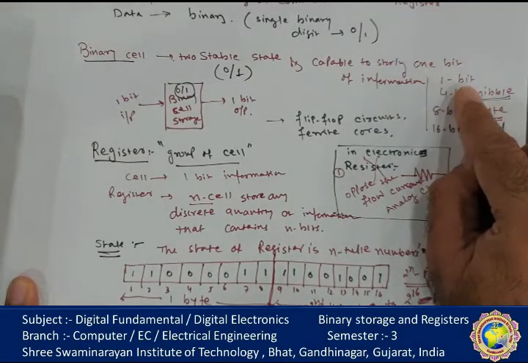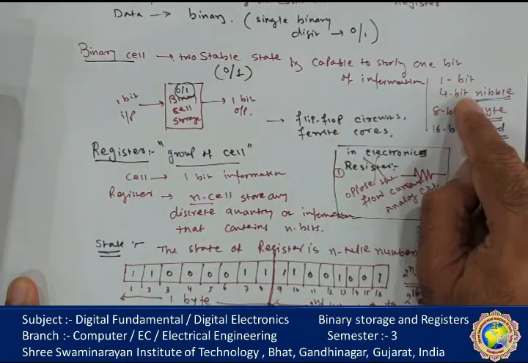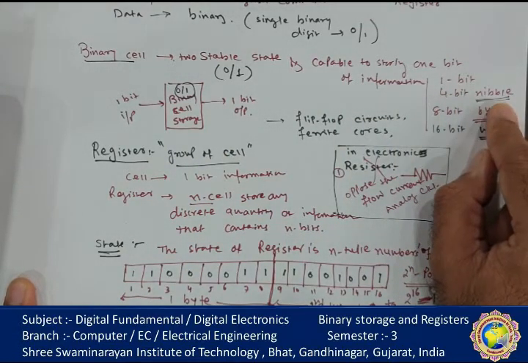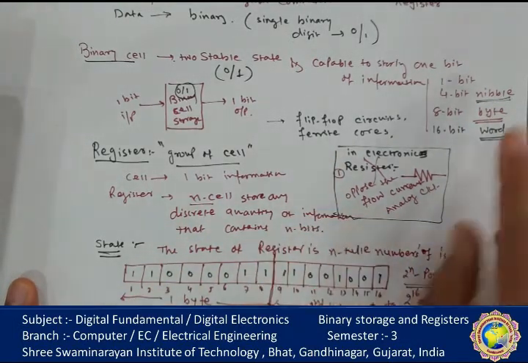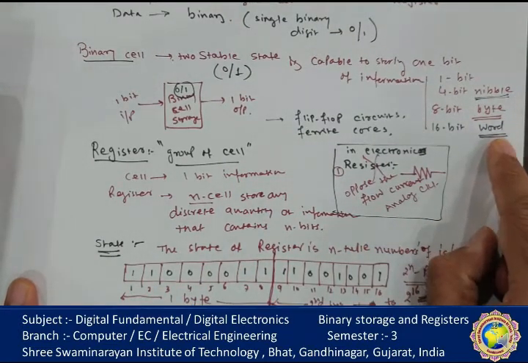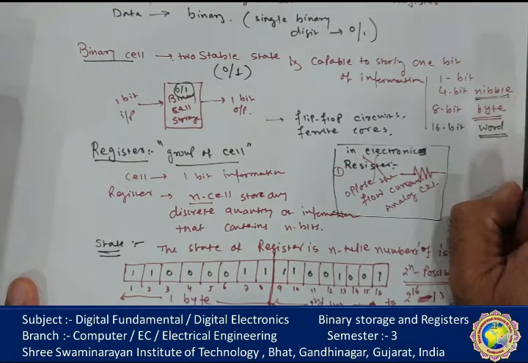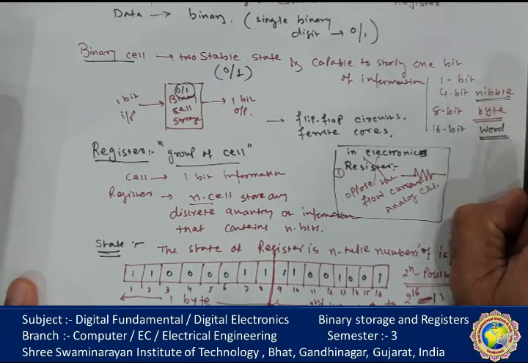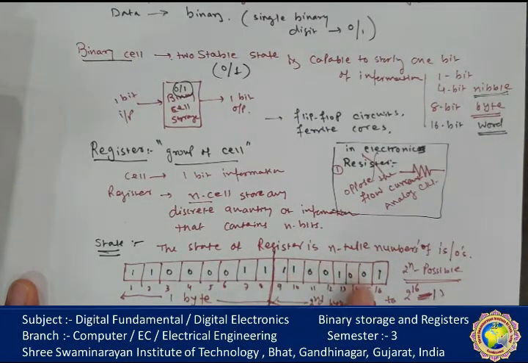Once again, 1 bit is 1 cell. A register is a group of cells, like a 4-bit register. In other words, we can say that it is 1 nibble. Suppose I have an 8-bit register. This is called byte information. 16 bits is a word. In other words, 1 nibble has 4 bits, 1 byte has 2 nibbles, and 1 word has 2 bytes of information. In this example it is shown that C is equivalent to the EBCDIC code, and this is equal to I. That is an alphanumeric code.